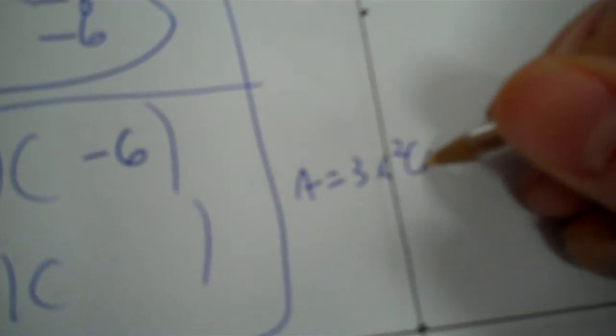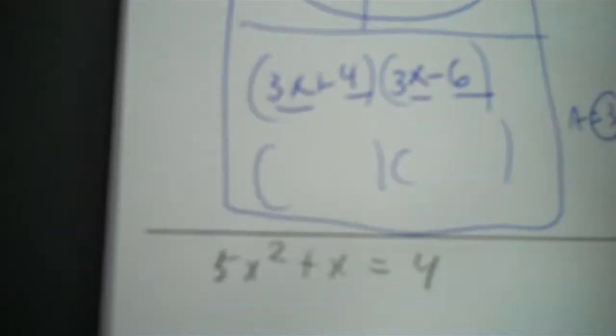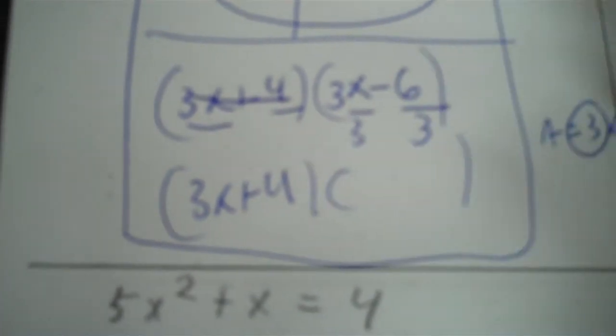So you put in your parentheses, you put in your positive 4, negative 6. Now your a, here's my a, x second has a coefficient of 3. So you write x times x and you apply a 3 in front. Now it's not going to stay 3 because that'd be wrong, because that 3 times 3 is 9. That's not what's in front of x second. Now 3 and 4 is already in simplest form, so you can divide by 1 or just drop it. 3 and 6 is not in simplest form. That can be divided by 3. Now you're not doing anything with the 3,